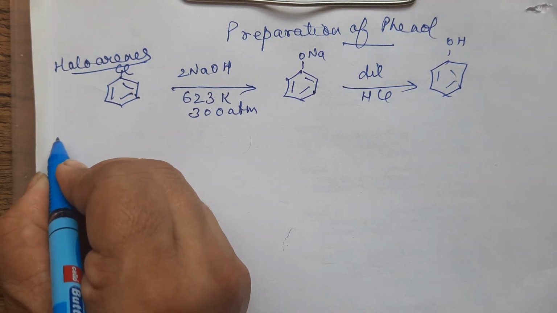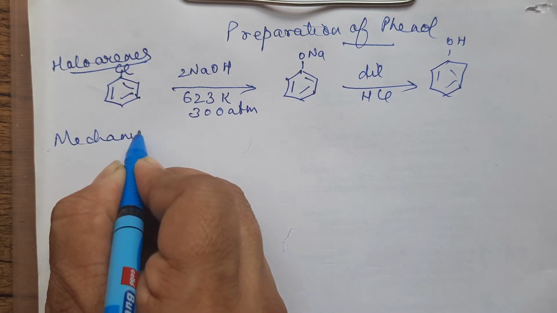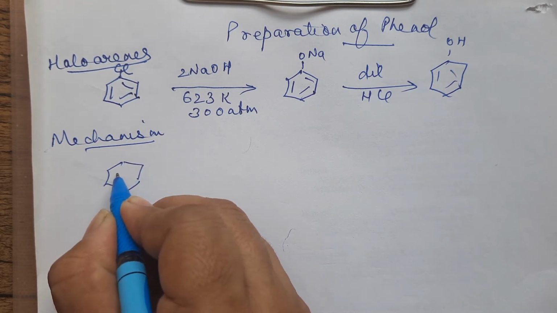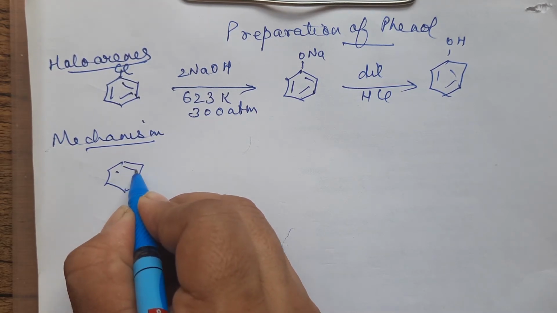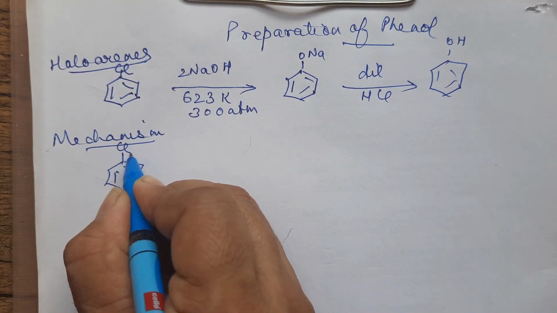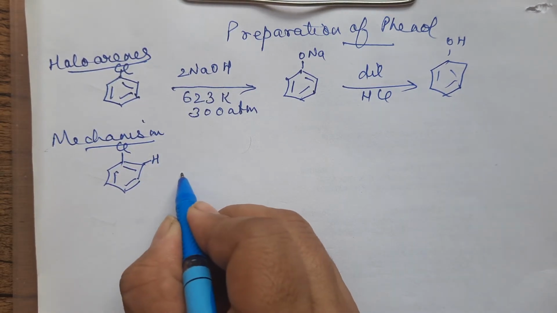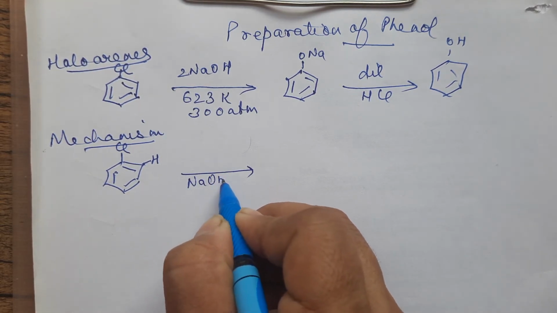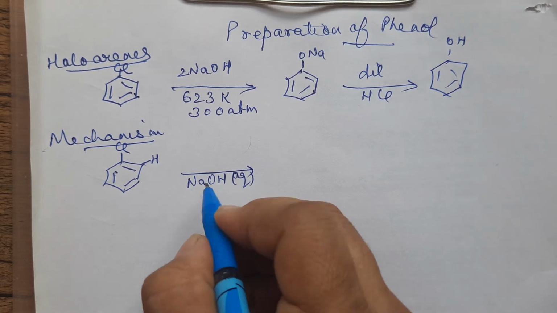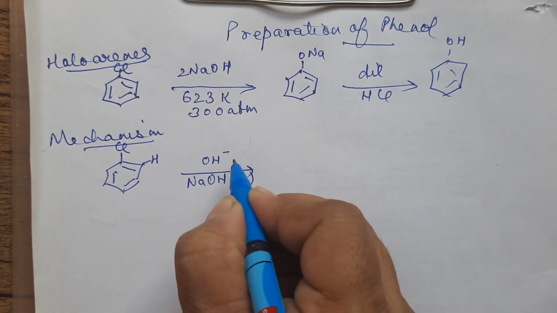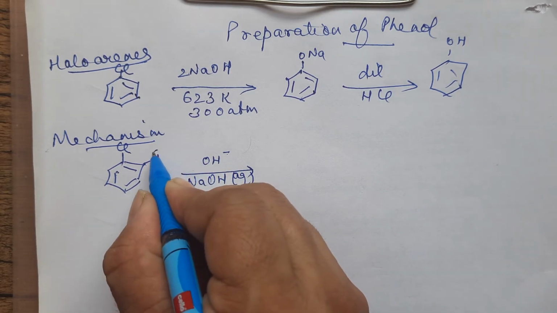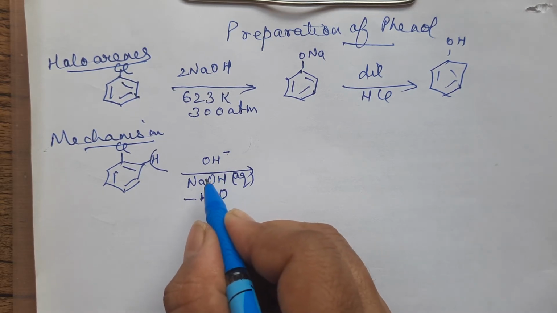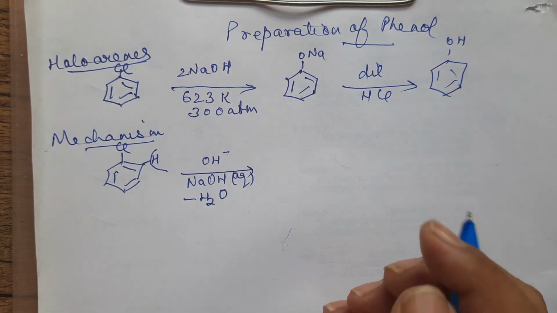Now let's see what the mechanism has to say, because in the mechanism you will actually understand what is happening. So first, what we have taken is chlorobenzene. This is one chlorine. There is an H here. I'm going to show it separately because with that we can understand better. So it is in the presence of NaOH, that is aqueous NaOH. Aqueous NaOH will give you OH minus. This OH minus will take away this H with it. It will come out as water, because this OH minus has an attraction for the positive H.